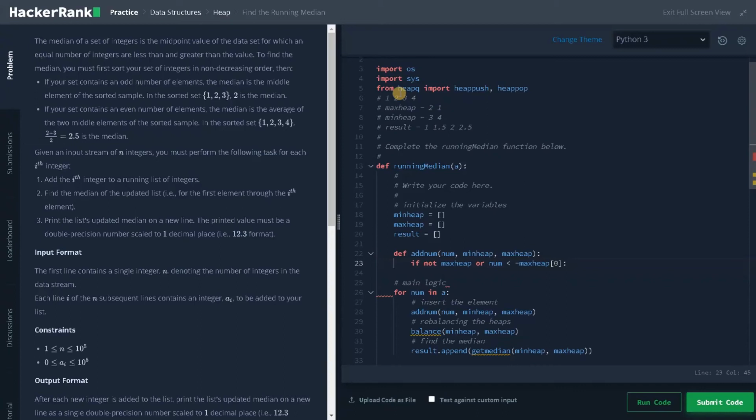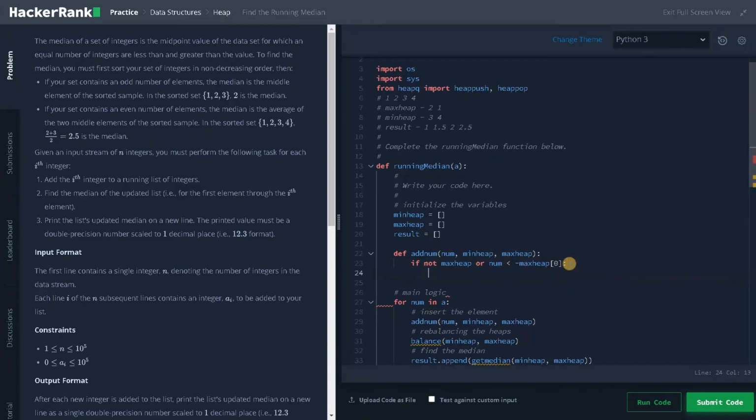In Python, heapq always uses the min heap data structure. That's why we are negating the element. If you negate the element, the maximum element will be the minimum element in the max heap. In the max heap, if you negate and push the element into the heap, we will find the maximum element at the root. That's the logic behind it. If the new number is less than the max heap number, we will push it into the max heap. That will be heappush of max_heap, comma, minus num. Remember, when we push an element into the max heap, always negate the element.